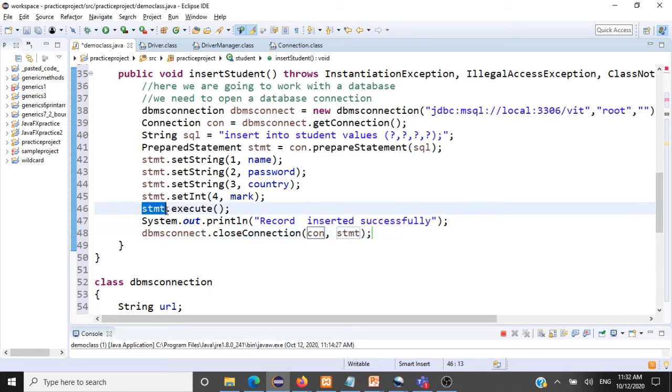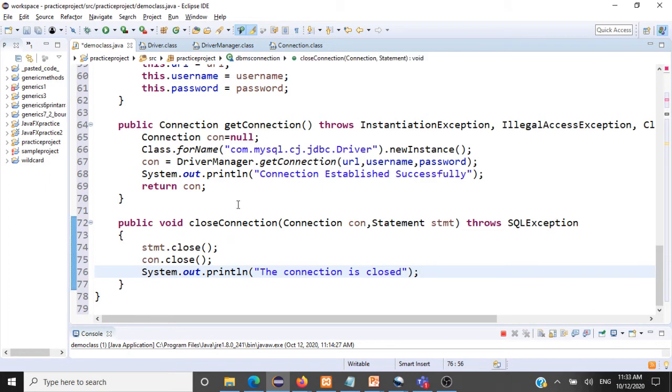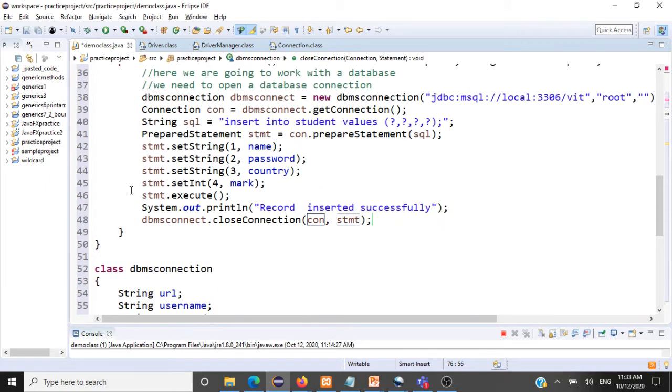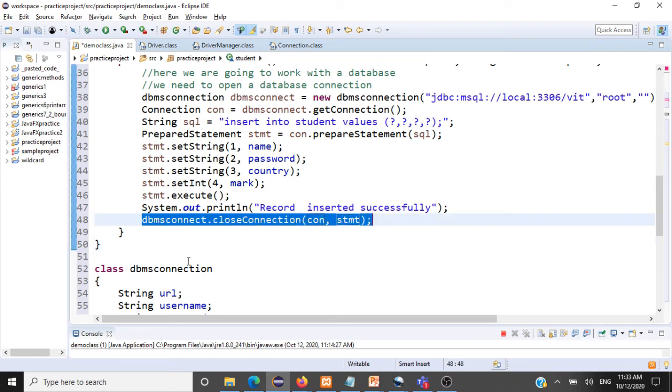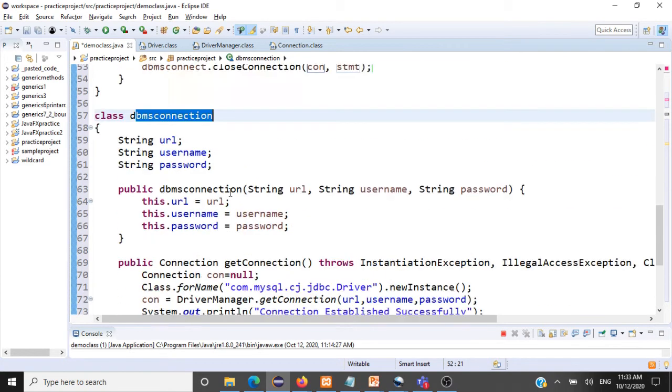So we are passing this statement and we are passing the connection, so that this method will be called and these two statements will be executed. So when we close the connection after we finish inserting a record, we automatically call the close connection method from DBMS connection and we close the connections.